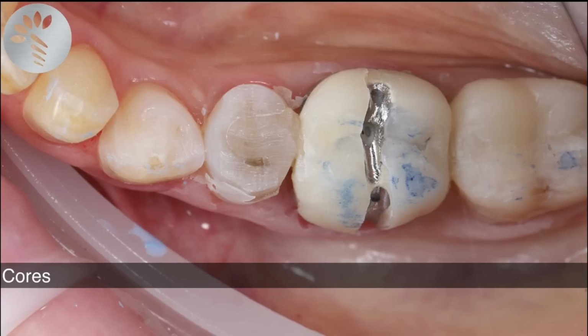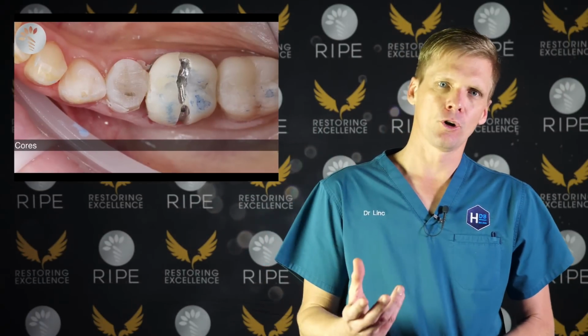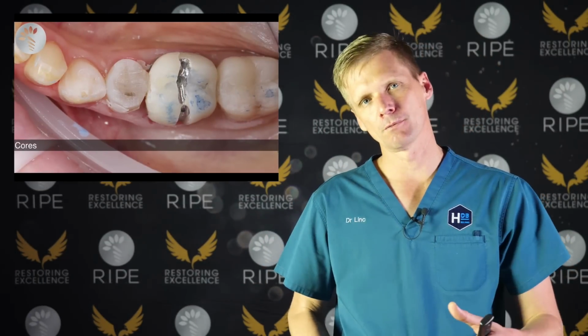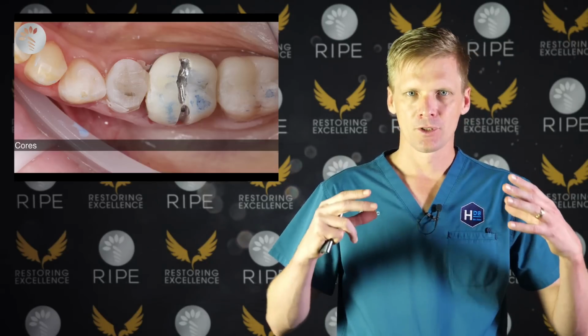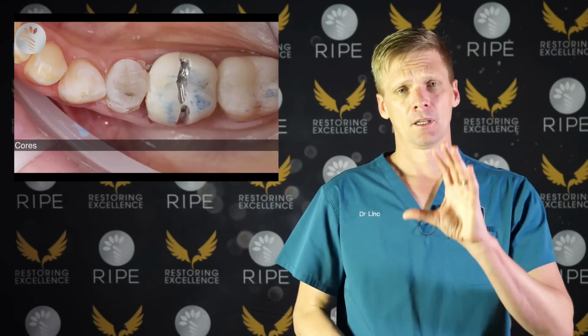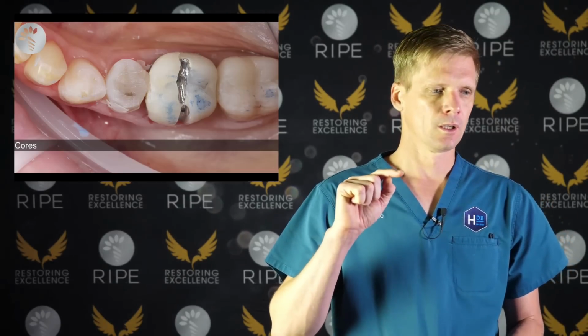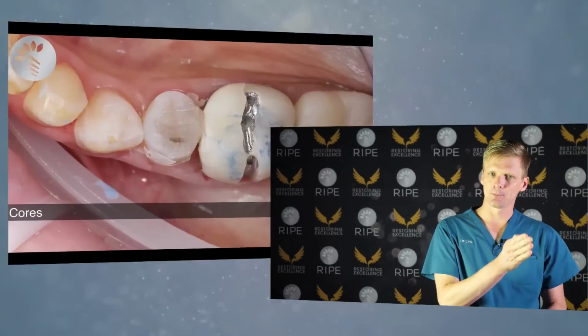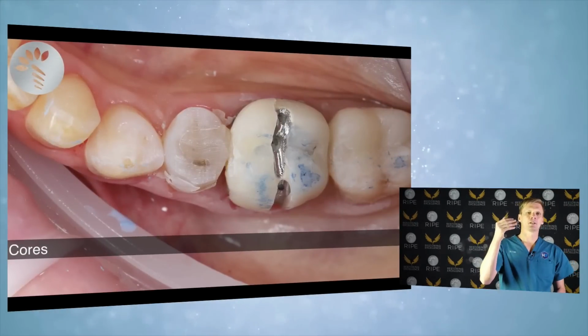No one studies that. So let's try and make it fit as good as we can, regardless of what that particular study says. Now, part of doing cores really well and doing retraction really well and doing tissue control really well requires superb local anaesthetic, which I didn't put on the list. So local anaesthesia is incredibly important for getting each step of this process perfect, because you can't control the tissue